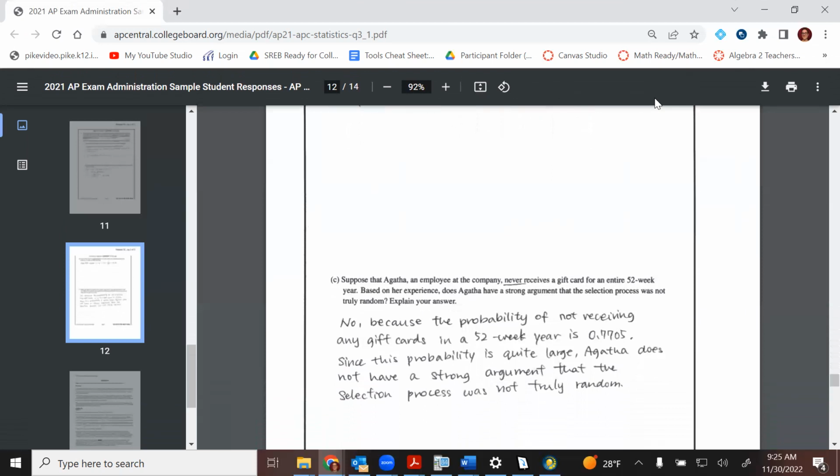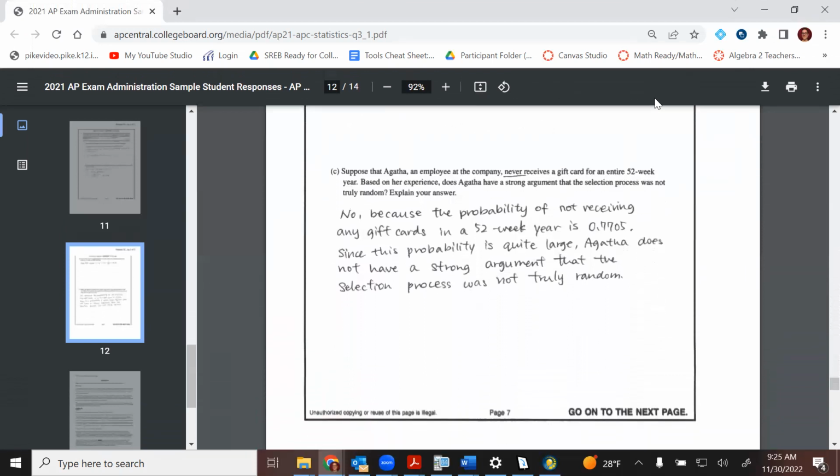Go down and look at the last part here. So far they've gotten 2 partially correct. The last one they got the correct value, but they provided no interpretation, no context. It was just a number at the end. So not really sure that they know what that number means. One of the things, I don't know if you guys have noticed, but on the AP Stats test, a lot of times they are not saying things like explain and make sure to provide context. It's understood that you need to be explaining and providing context on any problems where you just have a numerical answer.